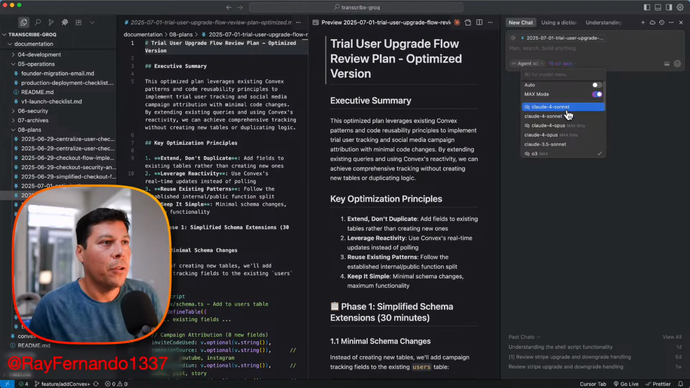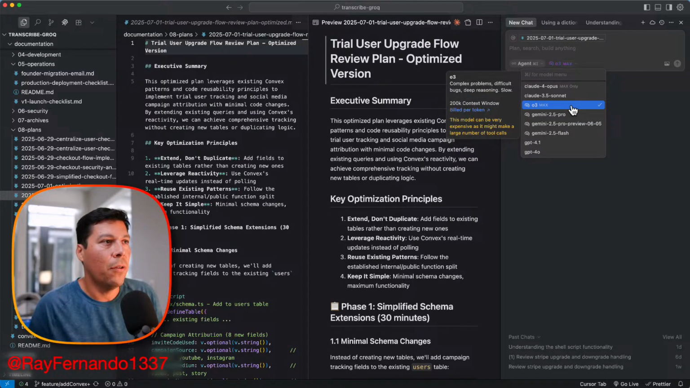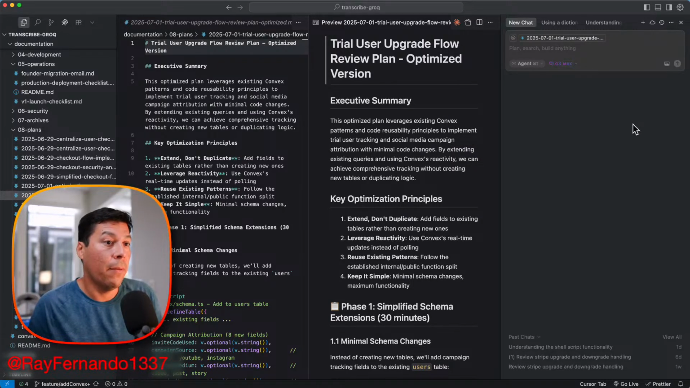I think, should I push it to Sonnet 4? I don't think it matters, right? I'm just going to do O3 max because O3 is really good at coding for now. We'll see. I don't know. I'm going to say